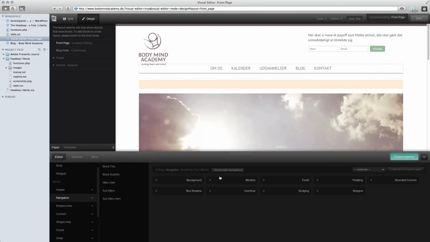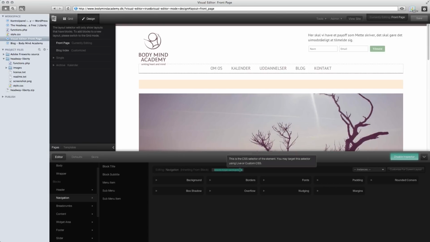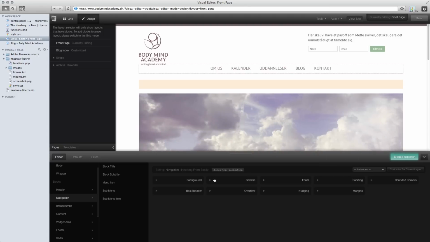Which reminds me of something else that really will save you time with Headway. Just to go off on a tangent here. When you use the visual editor, you don't really have to use Firebug.